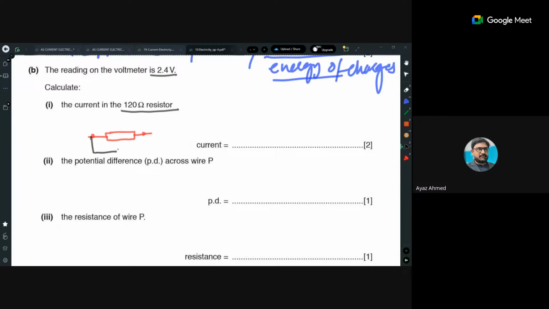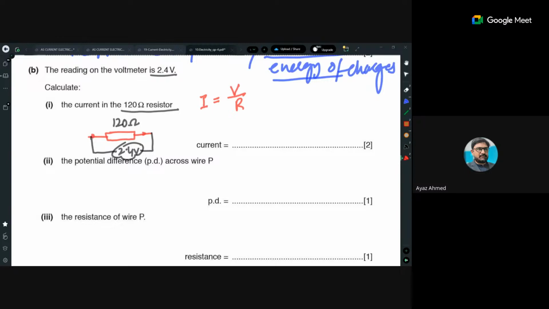The voltage across this is how much? 2.4 volts. And what is the resistance of this resistor? 120 ohm. So if I calculate I, what do I need? V and R, because we use V equals IR. So voltage is available for me,